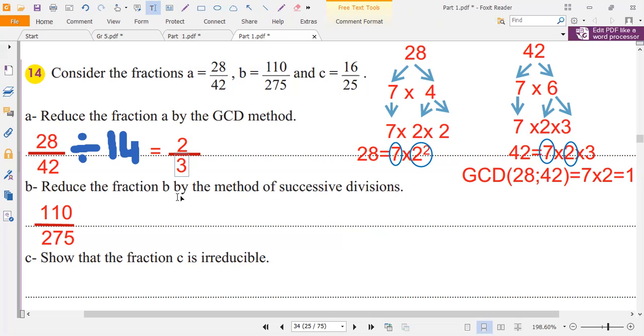Now reduce the fraction B by the method of successive divisions. We have to think of a common divisor of the numerator and the denominator, and we divide by it. Here we have 0 in the ones digit and 5, so we can divide the fraction by 5, and we get